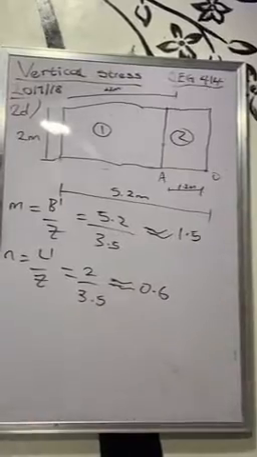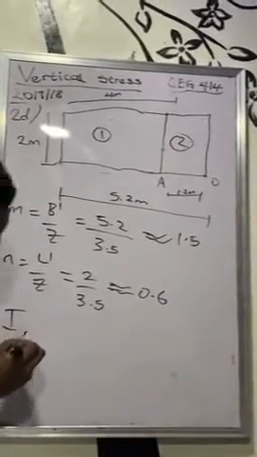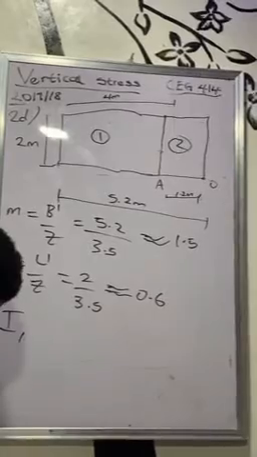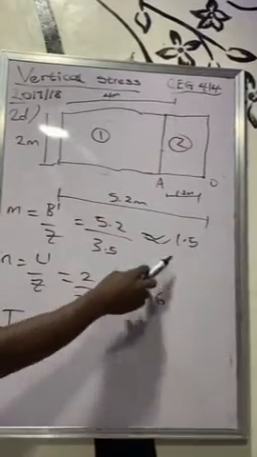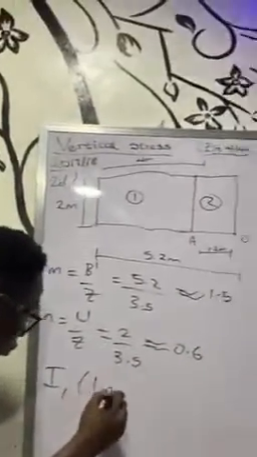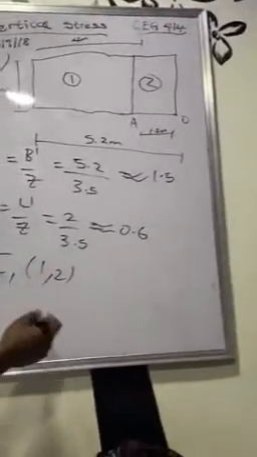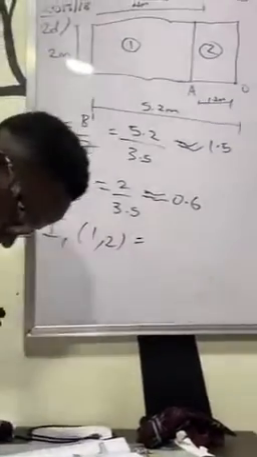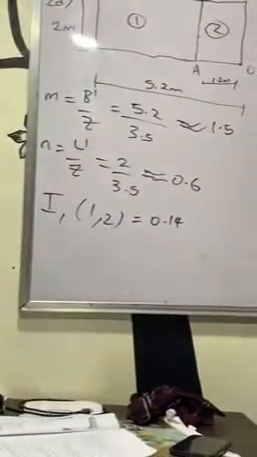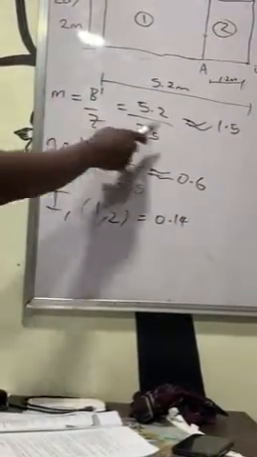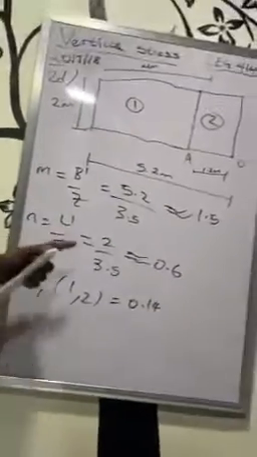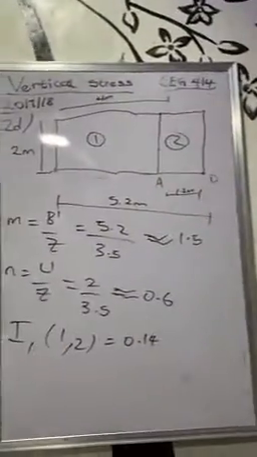So when I check these two on the influence factor table, I found my I1 to be... Oh, I still have to interpolate because there's no 1.5, so I have to interpolate between 1 and 2. But since 1.5 is the middle, I just decided to add both of them together divided by 2. So for m equals 1 and n equals 0.6, you will see your influence factor to be